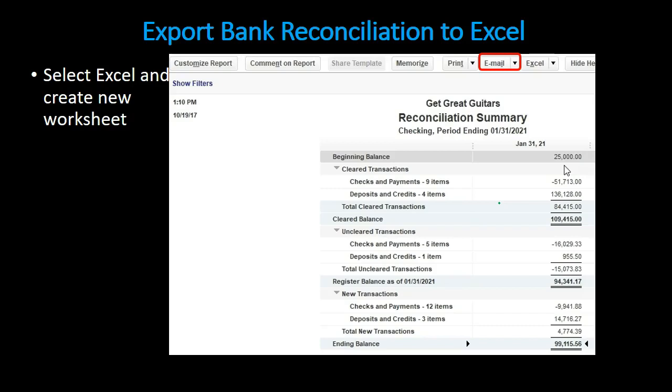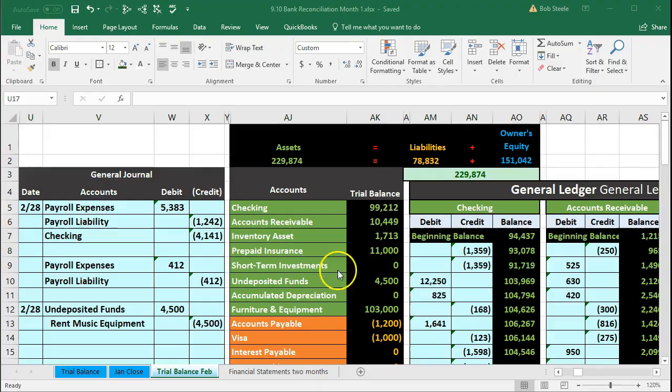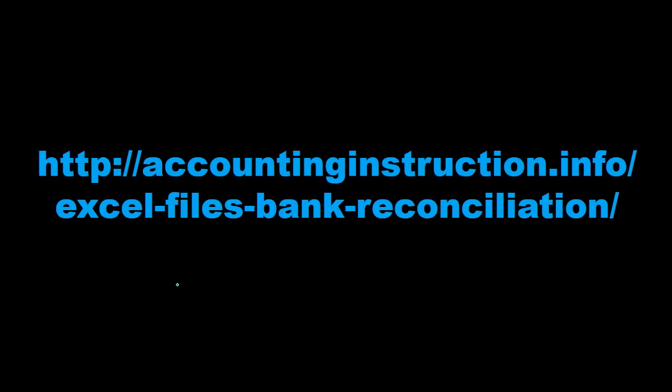So in order to get a better understanding of what is actually happening and what is a bank reconciliation and how did that generate a bank reconciliation and why do we need to do that, we'll put this information into Excel. We can download Excel files to work along with the problem at this URL,